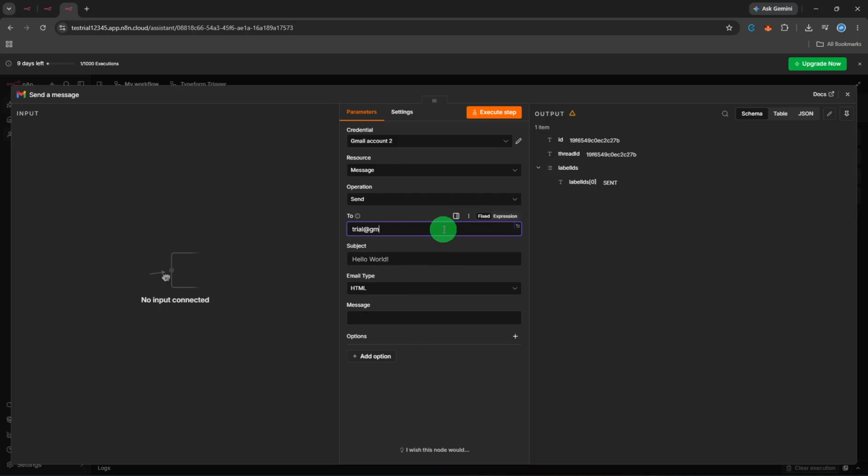From there, you fill out the basics. In the to field, type the recipient's email address. This can be a fixed address for testing, or later on, you'll replace it with a dynamic value pulled from another node. Enter a clear descriptive subject line, and then choose whether you want the email body to be plain